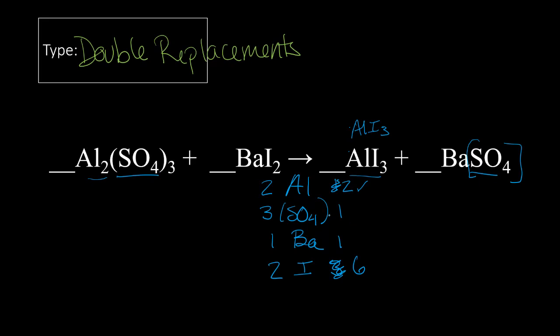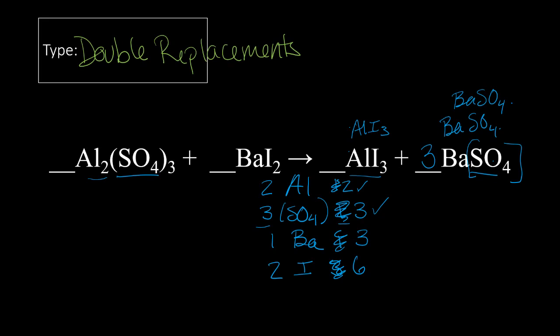So now if I look at sulfate, if I just continue to move down, I have 3 sulfates on the left and only 1 on the right. In order to match 3 sulfates, I can add 2 more barium sulfates, right? For a total of 3 of these formulas. So 1, 2, 3 sulfates. But that also gives me 3 bariums. So aluminum is balanced, sulfate is balanced, but you can see that my barium and my iodine are still a